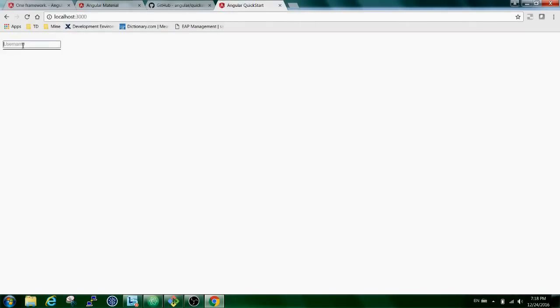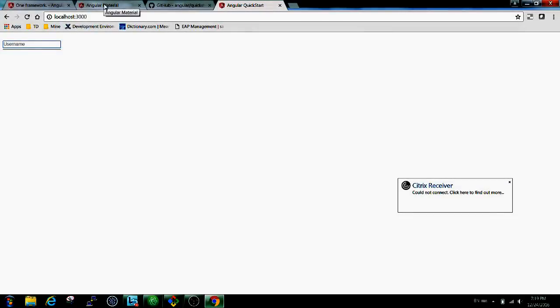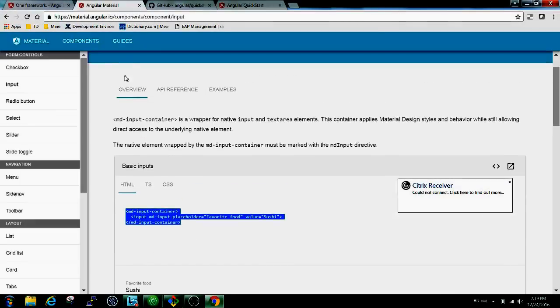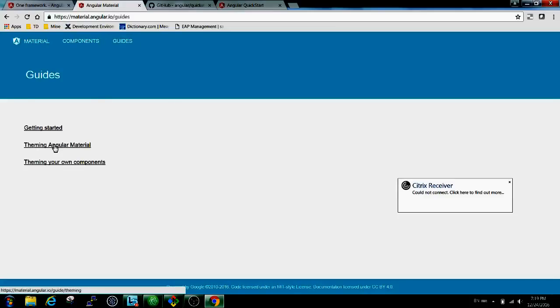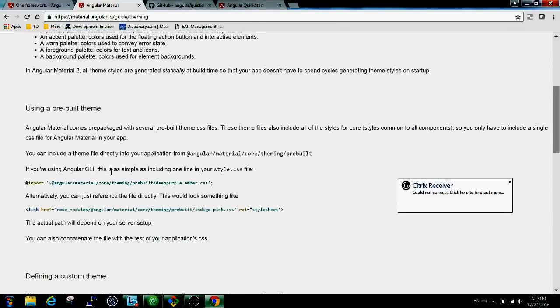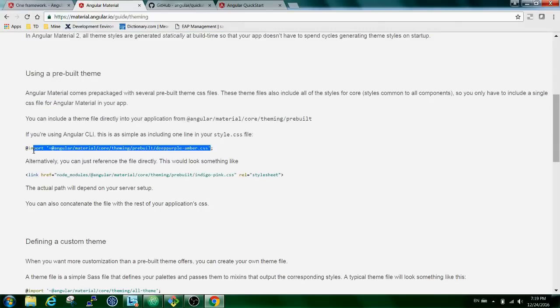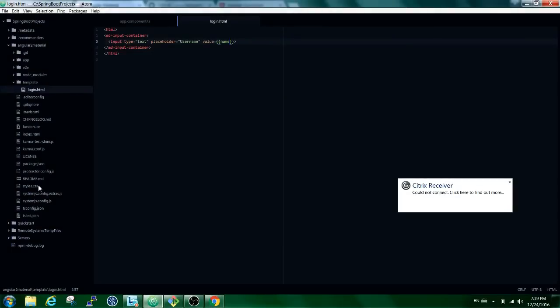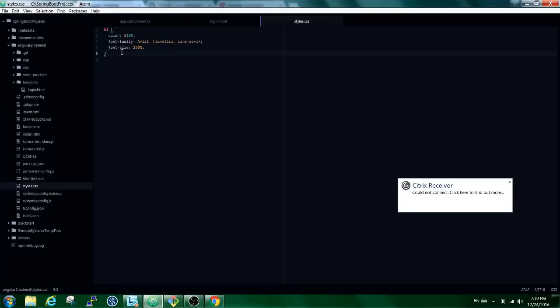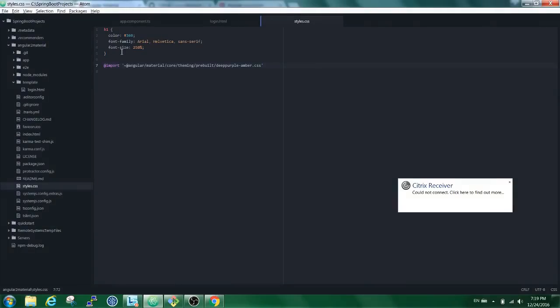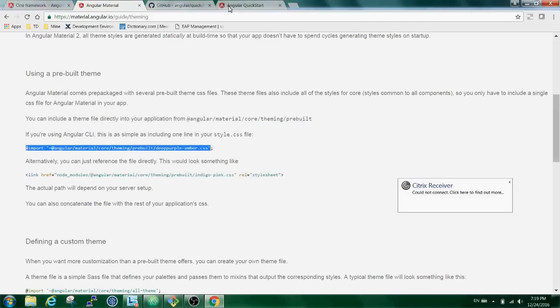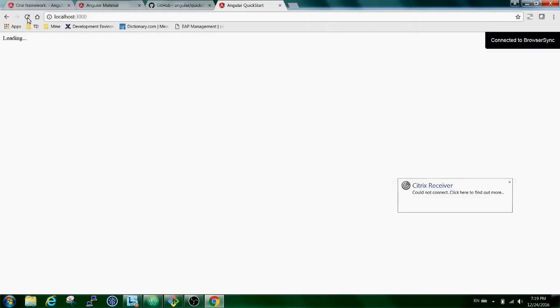Let's see what's going to happen. This is what the stuff seems like. The CSS has not been applied well here. I think in that case we need to add some theming for Angular material. So you need to add this theme in your style.css for the default Angular materials. So style.css, add here. That's it. Now if you go here and then refresh,